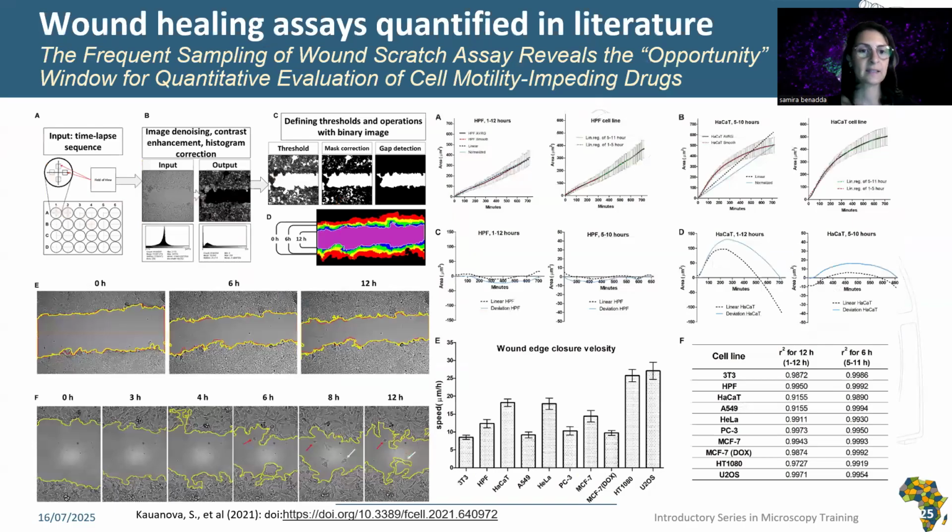So take this example from the literature. It's a bit complicated, so don't focus so much on the detailed parts. We just focus now on the displacement. Here we can see the shape of the movements. Here, for example, at the beginning, 6 hours and 12 hours, we can see that the area is reduced. And it's the same here, but the difference is the shape. Okay, it's not regular. So in these papers, there is an image processing to measure this area and